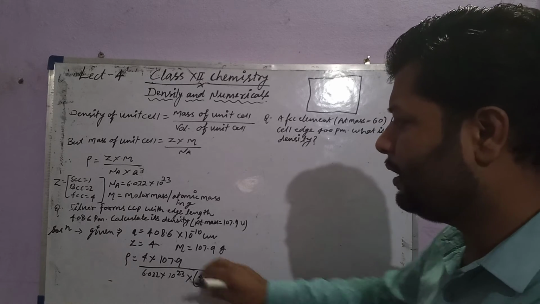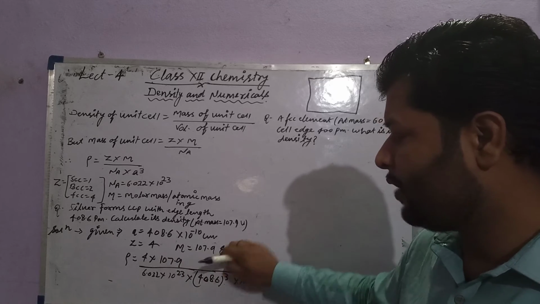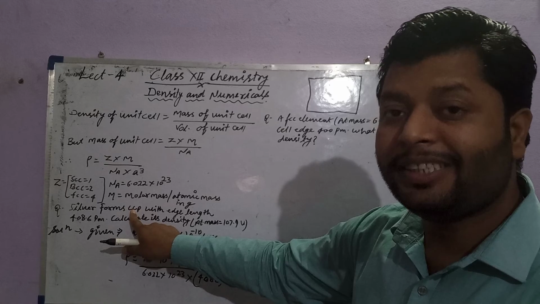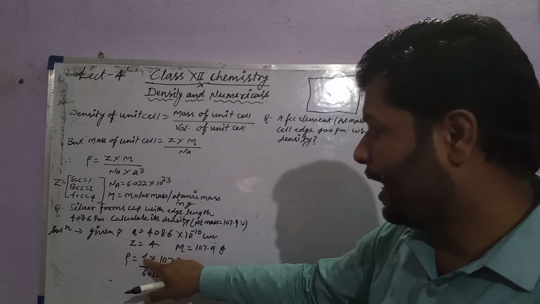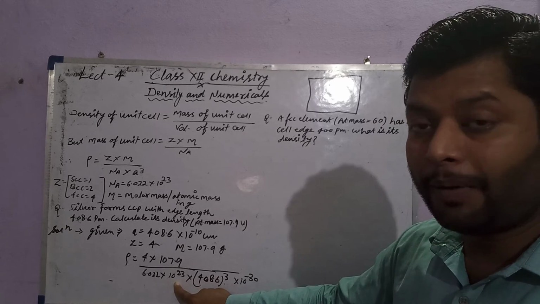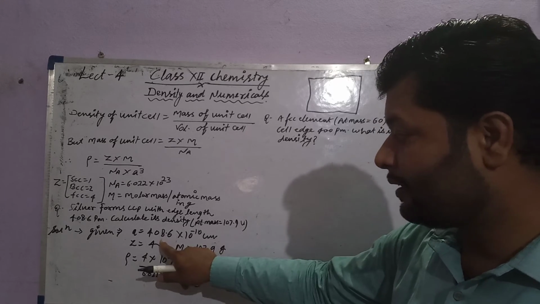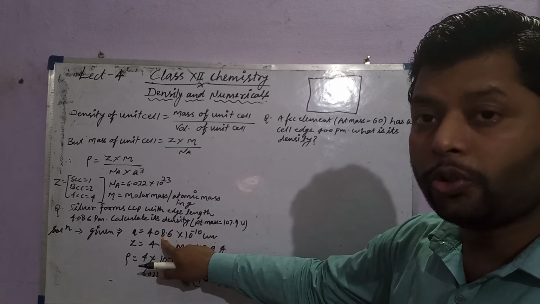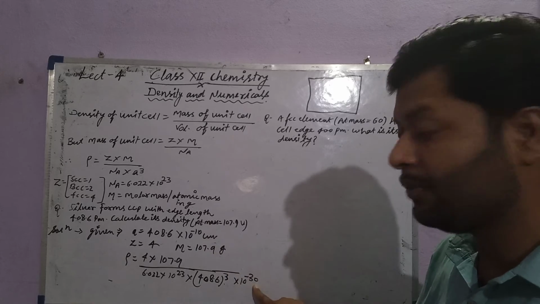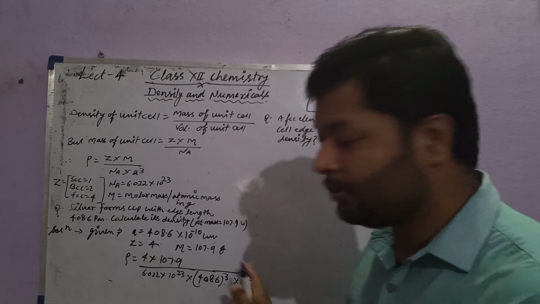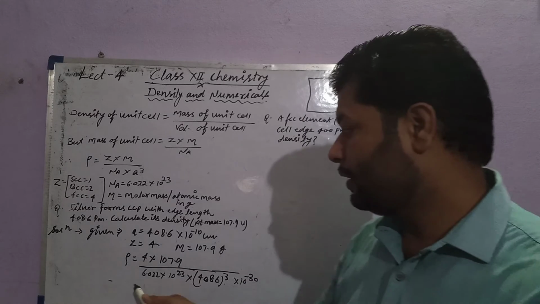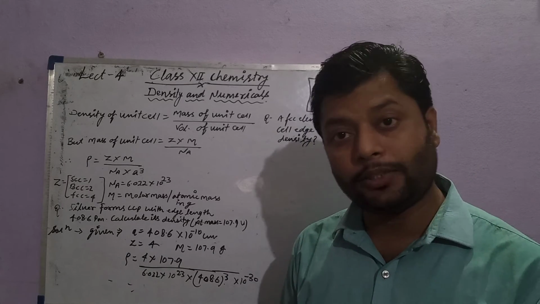So you have to just think: a's length is given in picometer, you have to calculate in centimeter. Z for CCP means FCC; CCP arrangement means FCC unit cell having Z equal to 4. Avogadro number has value 6.022 times 10 to the power 23, and you have to cube the value of a's length, 408.6 cube into 10 to the power minus 30. Just calculate this value to get the answer in gram per centimeter cube. That is your homework also.